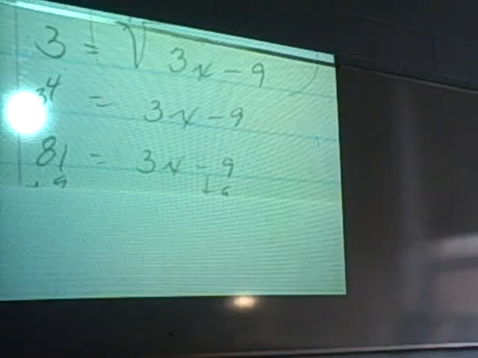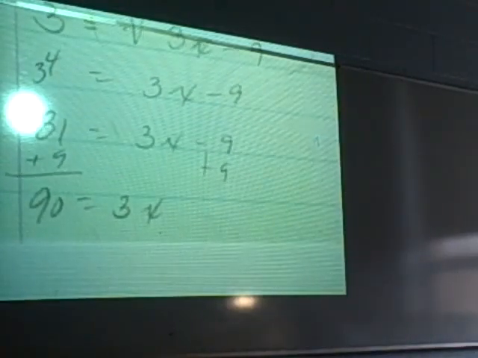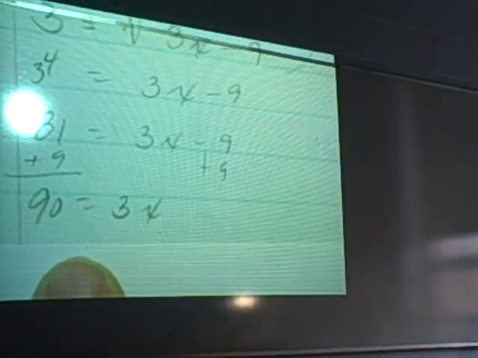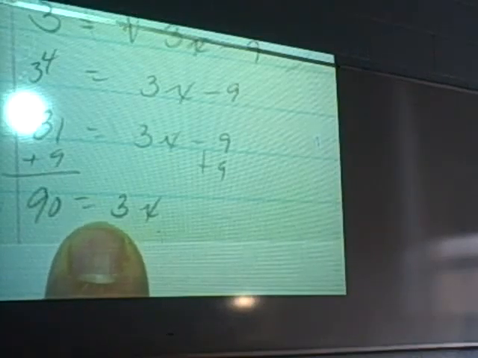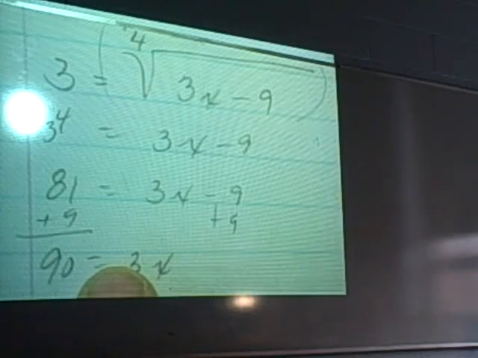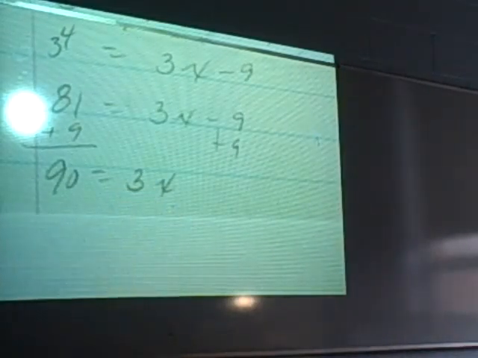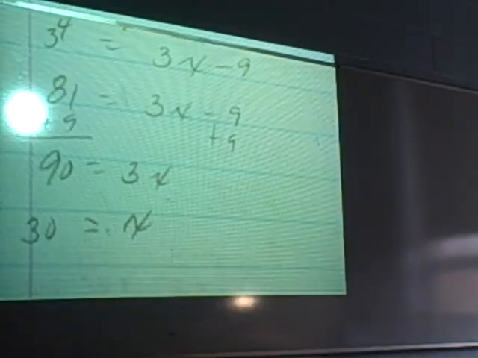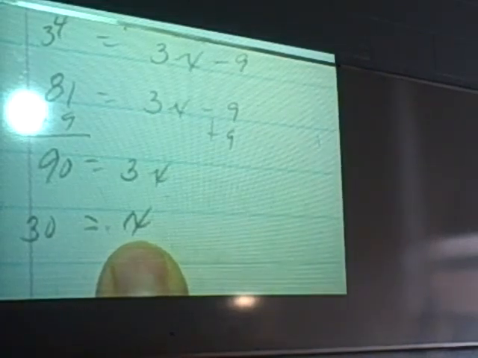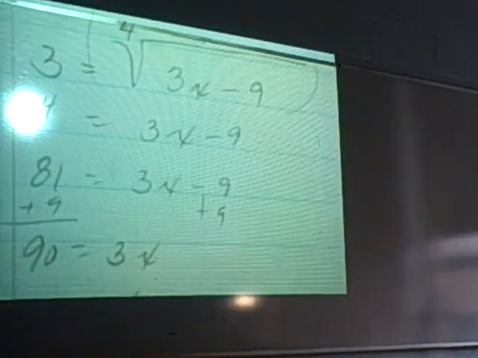Add 9. 90 is equal to 3x. What did you do with the 1/4? Oh, no, I got it. Okay, I raised it to the 4th power, got rid of it. And so I have 30 is equal to x. And if I plug in x is 30, in this case,